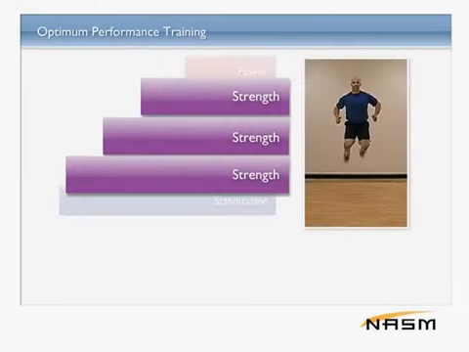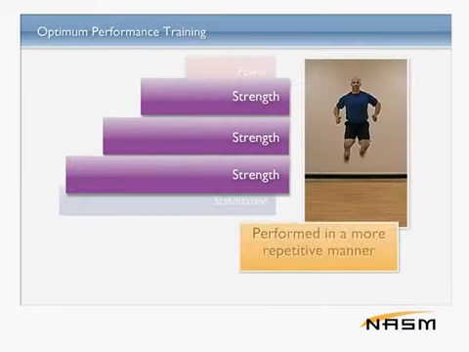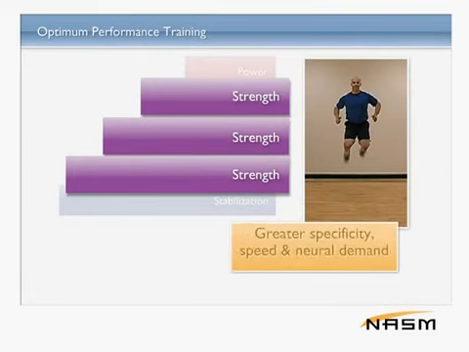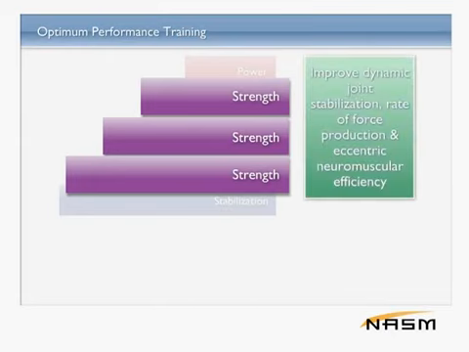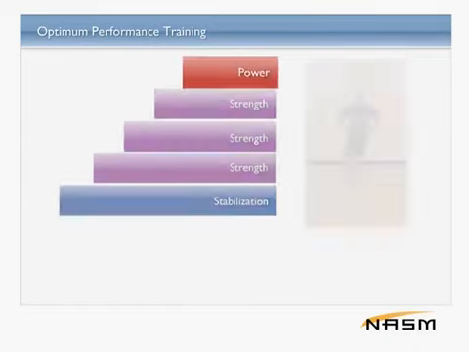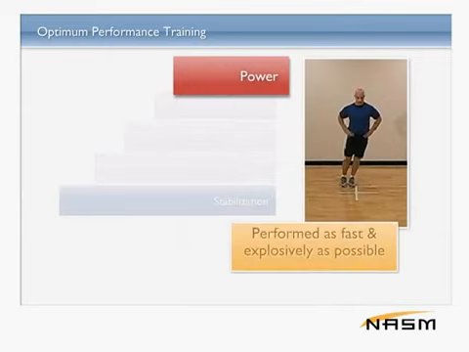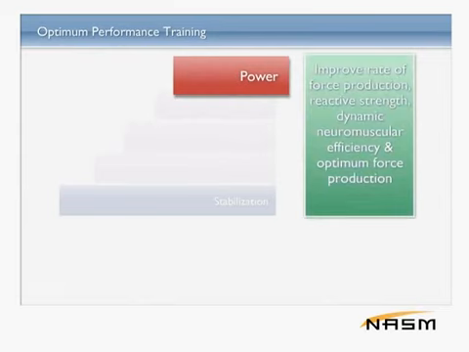In the strength level of reactive training, exercises are performed in a more repetitive manner through a full range of motion, requiring greater specificity, speed, and neural demand. These movements improve dynamic joint stabilization, the rate of force production, and eccentric neuromuscular efficiency. Exercises in the power level of reactive training are performed as fast and explosively as possible. They improve rate of force production, reactive strength, dynamic neuromuscular efficiency, and optimal